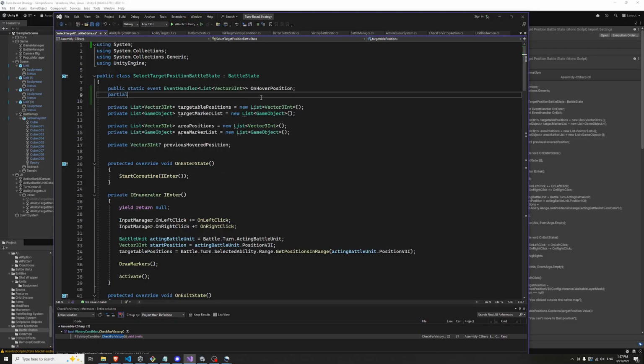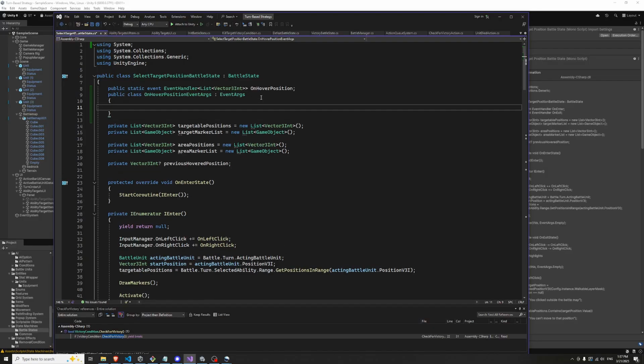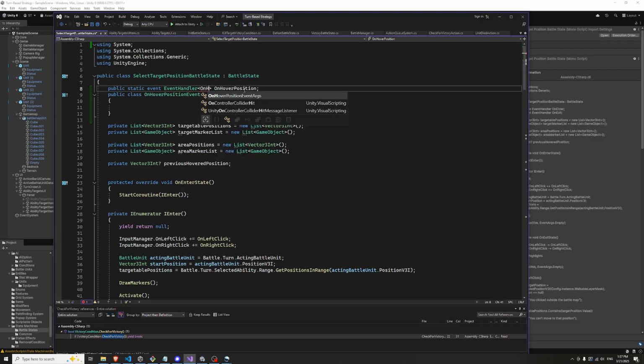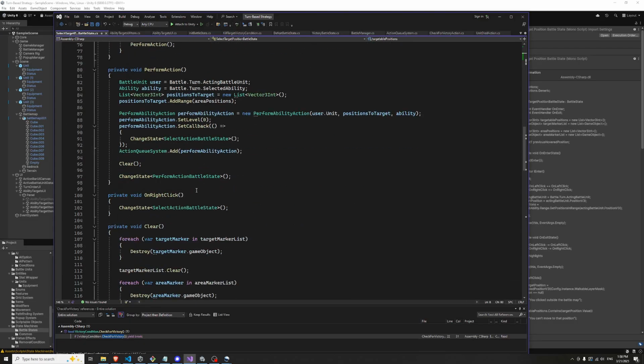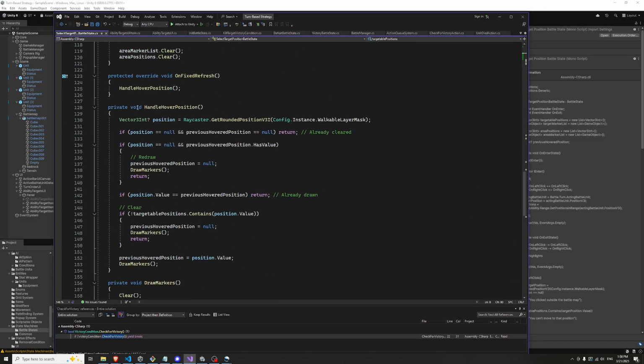But to be a bit clearer about what this is, we'll make the args and then we will pass in on hover public list vector3 hovered positions, because we want this to be very clear. These are the hovered positions we are passing through. So this here,